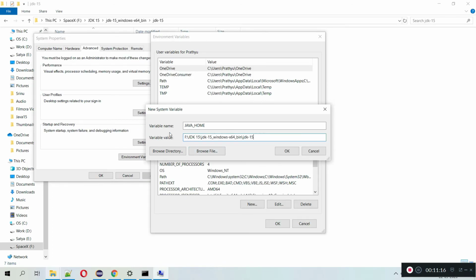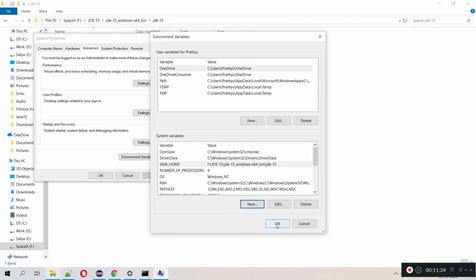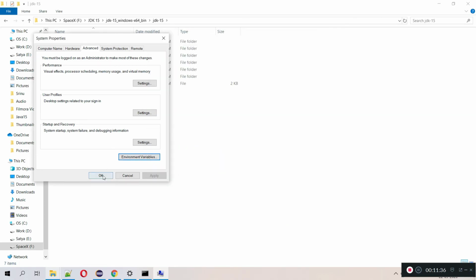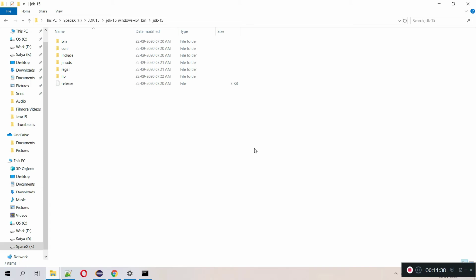Please remember the variable name is JAVA_HOME with caps, and the variable value is until the JDK home, don't include the bin folder. Click OK and finish this one. Yeah, that's all. So you are ready to use other software like Tomcat or WebLogic.